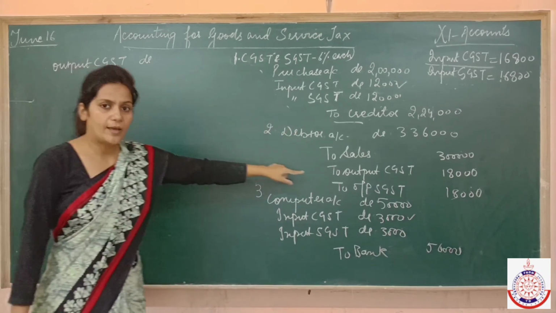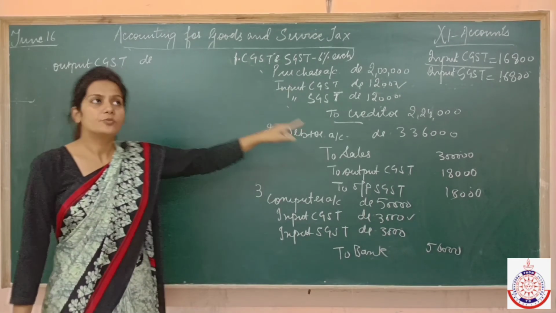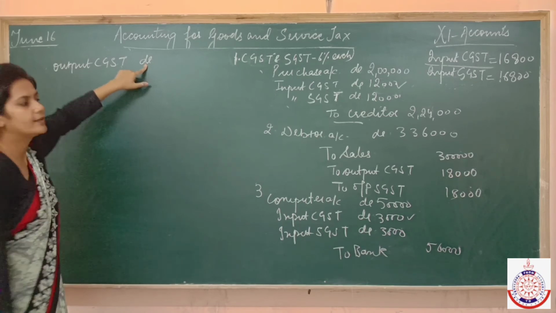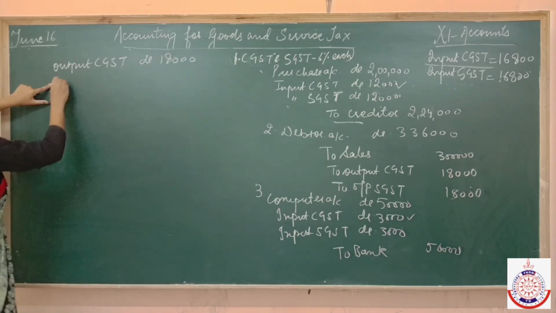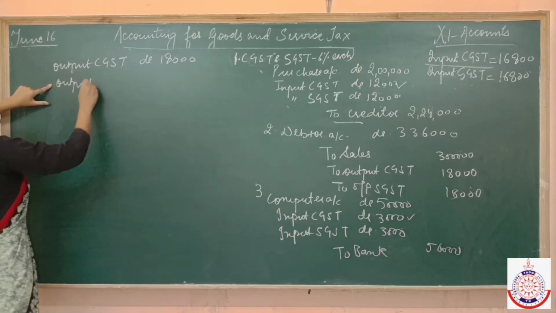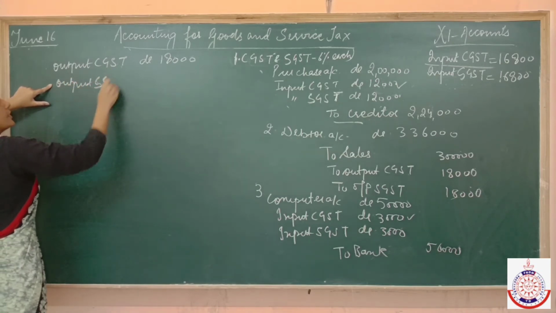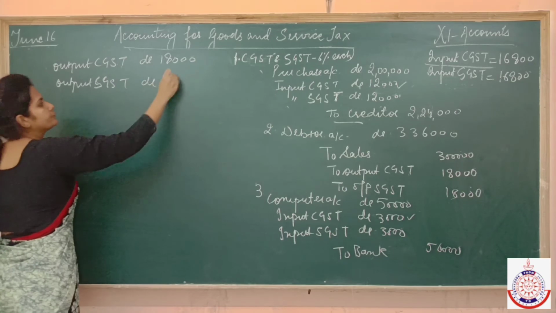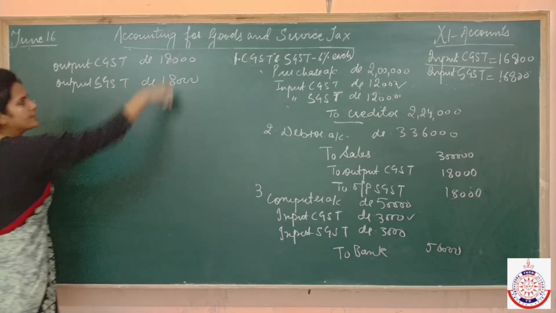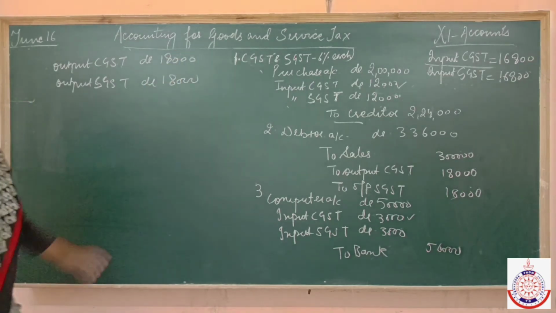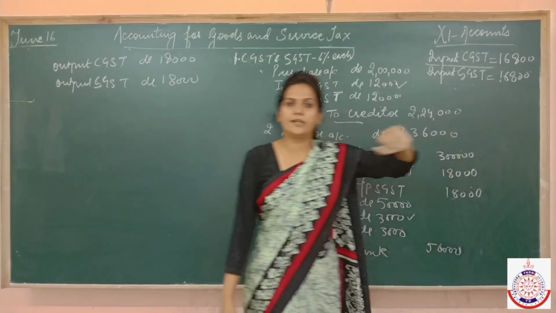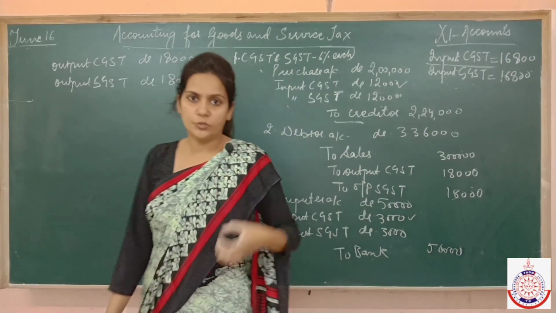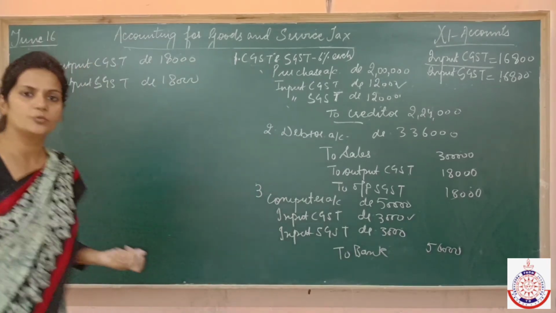Liability has a credit balance, so when you are going to pay to the government, you need to debit it. Fine. So it is 18,000. Then again you are going to pay this output SGST to the government only. But you will not pay this 36,000 to the government. Rather, what will you do? You will collect first of all the GST which you have paid. You will keep that amount with you, and the balance only you are going to give it to the government.